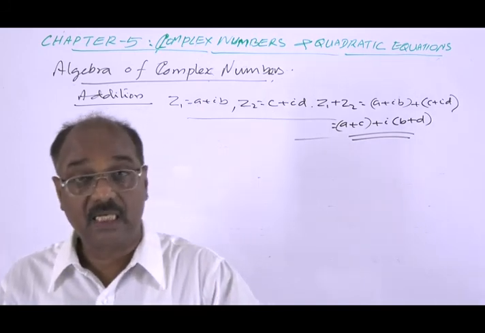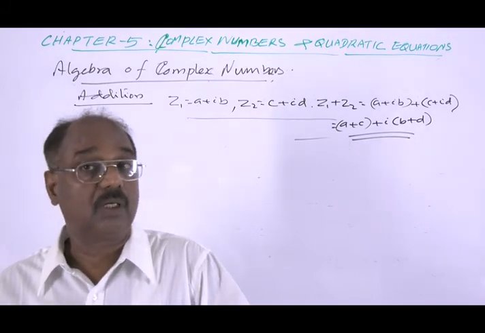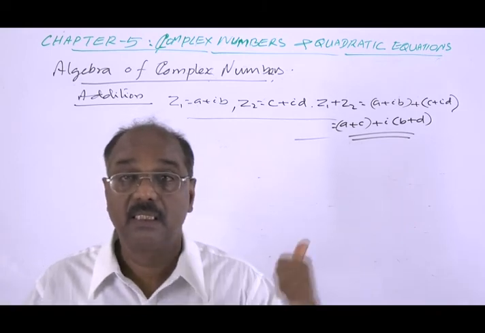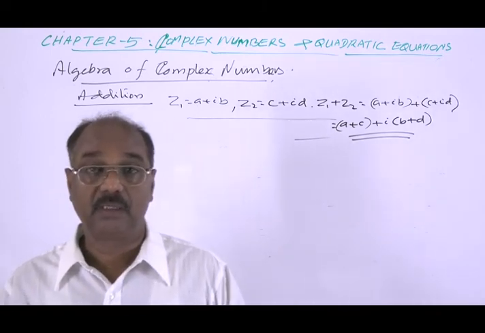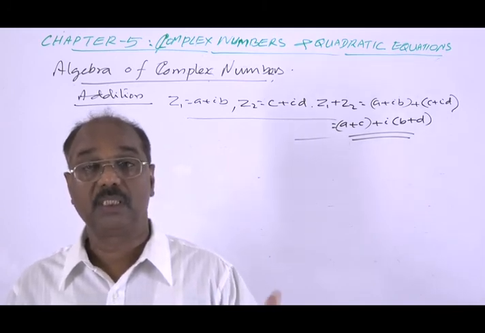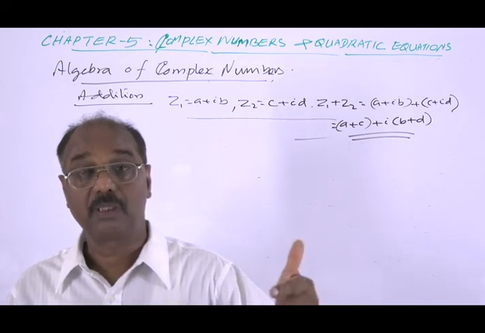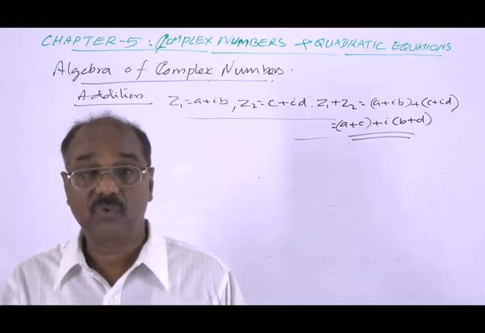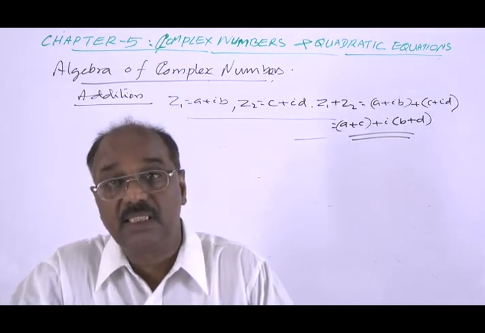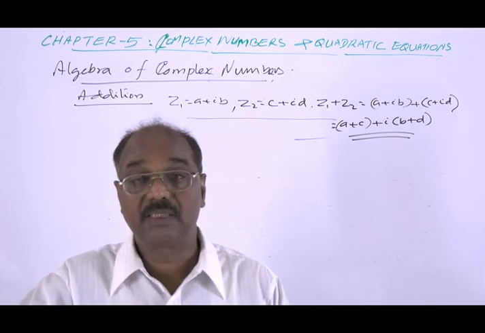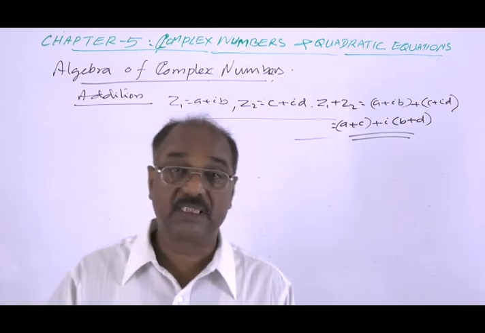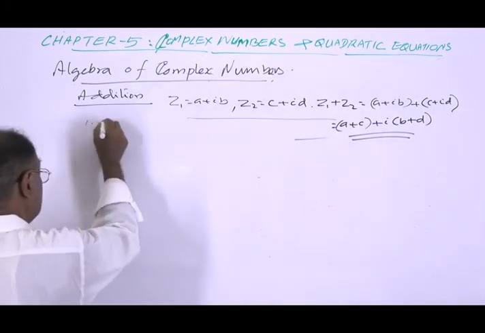When you studied real numbers, rational numbers, etc., you verified or studied the various properties satisfied by the various operations: the closure property, the commutative property, associative property, identity element, inverse, etc., for all these operations. Now, in the case of addition, we check what properties are satisfied by the complex numbers. So first, the closure property.